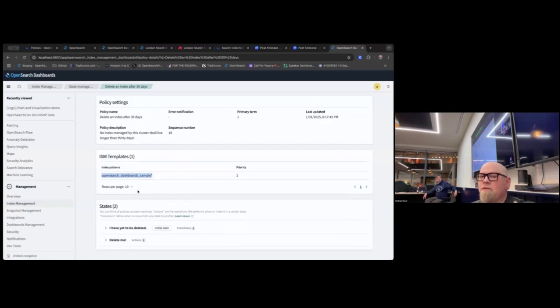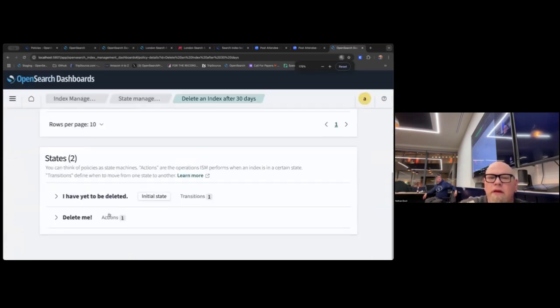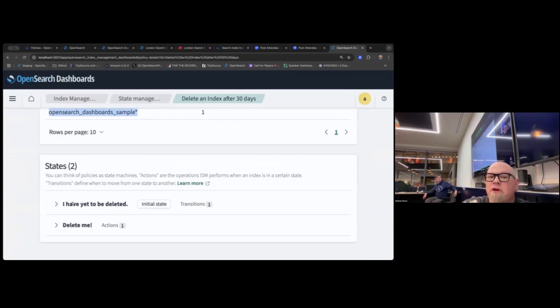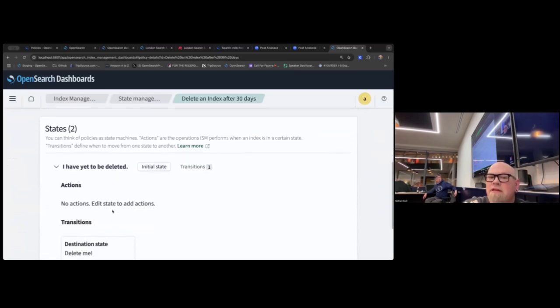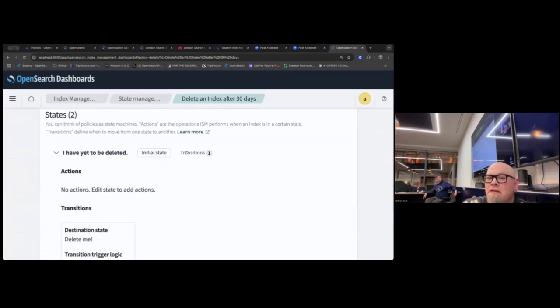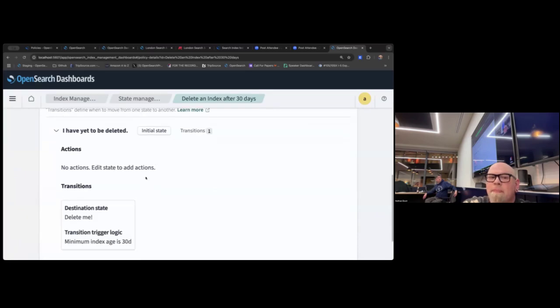It covers you in case new indices get added. There are two states. I've called this one I-have-yet-to-be-deleted. It is the initial state. It has one transition. It does not have any actions because I didn't need it to do anything. I just needed to be in a state that represents it not having been deleted yet.